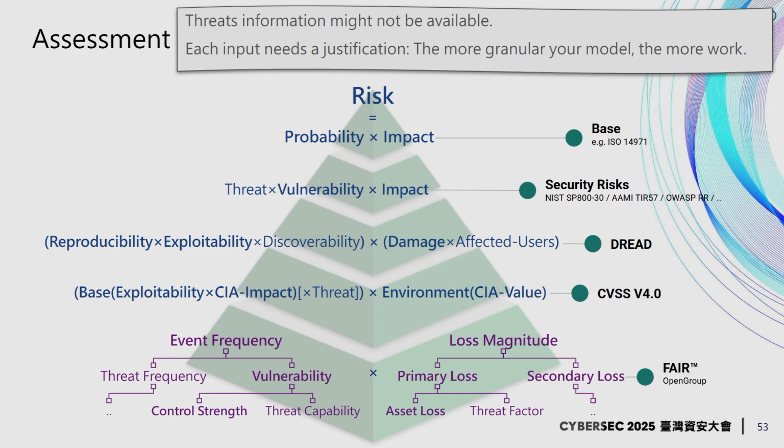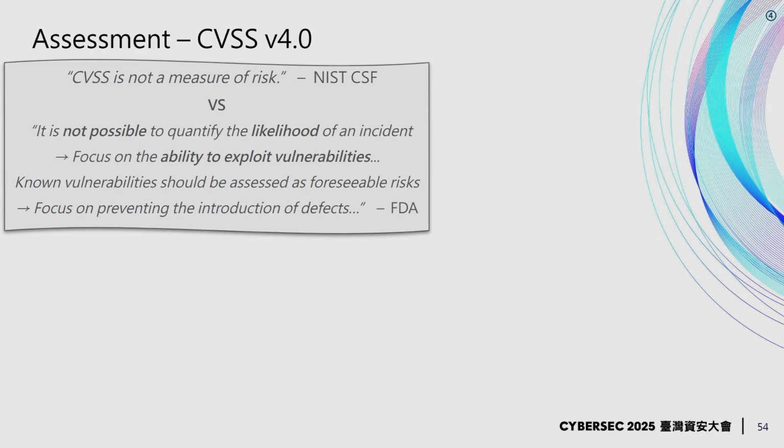So for that, there are a few methods that stand out. Those are methods that provide defined guidance and input entries for each of the input parameters. And this is the case of the OWASP risk rating, which is more focused on the system, and the CVSS. Right, so CVSS has a bit of controversy because it is originally a vulnerability scoring. So there are some who argue that it is not fit for risk assessment. However, the FDA clearly stands there that